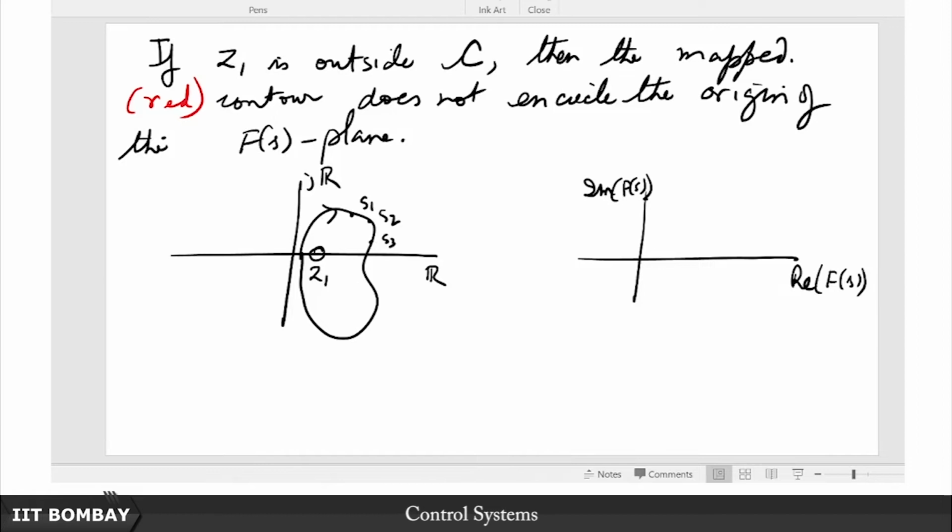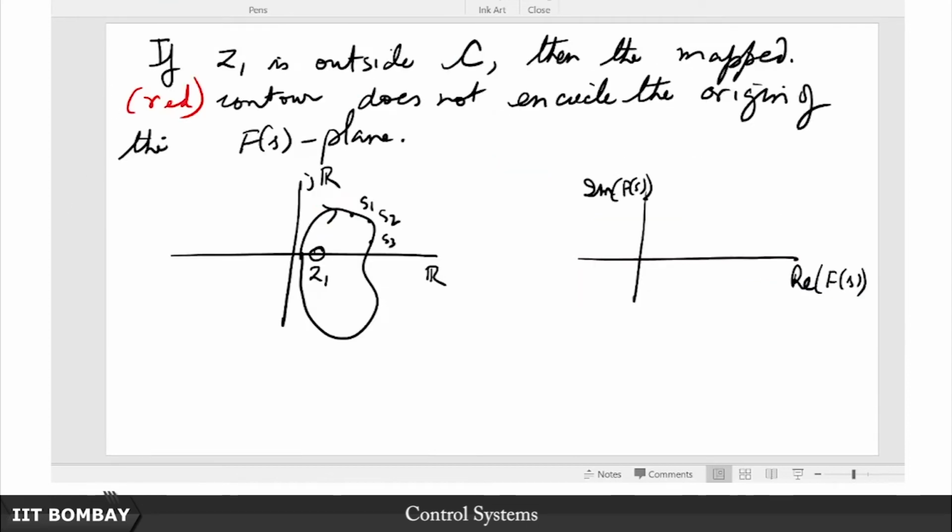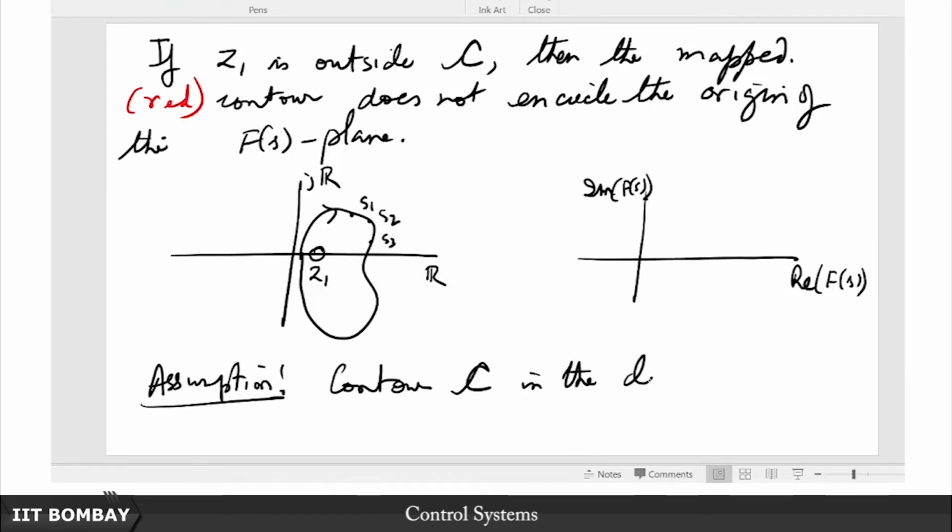So let me go about again in the clockwise sense. Remember that, and again this is a matter of taste, only that whatever we are going to deduce will change drastically, the convention will change. But as a matter of convention in this particular lecture, and in fact for the purpose of this particular course, I shall always consider that this contour C. So let me just write that assumption. Contour C in the domain shall be considered